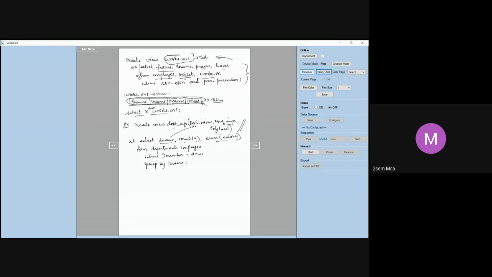If I don't rename, this part is optional. If I don't give this part, these names will appear in the view, as in the previous case. So from department comma employee, where D number is equal to D number, group by D name. When we create a view, I can use all this. I can use aggregate functions, group by, everything.